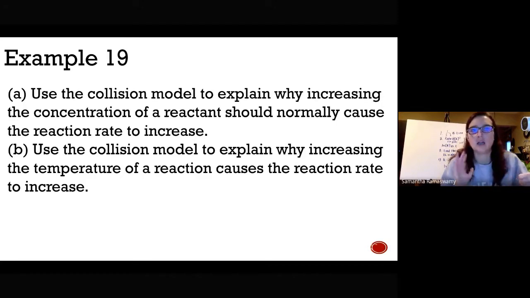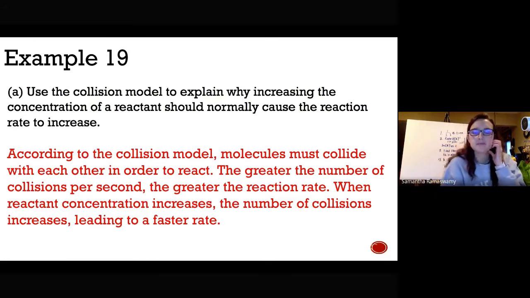So you're saying that molecules are colliding and you're explaining how whatever they're telling you in the problem affects the number of collisions. If we look at part A, it wanted us to use the collision model to explain why increasing concentration of a reactant should normally cause the reaction rate to increase. According to the collision model, molecules must collide with each other in order to react. The greater the number of collisions, the greater the reaction rate. When reactant concentration increases, we're increasing the number of reactant molecules, the number of collisions increases, and this leads to